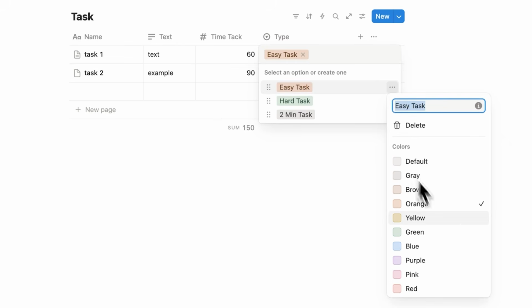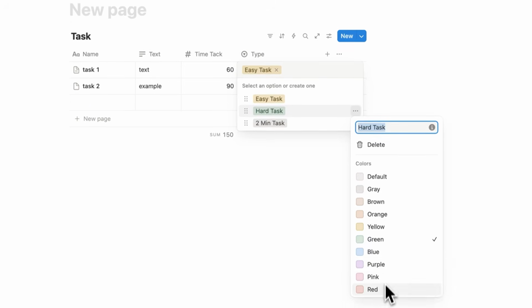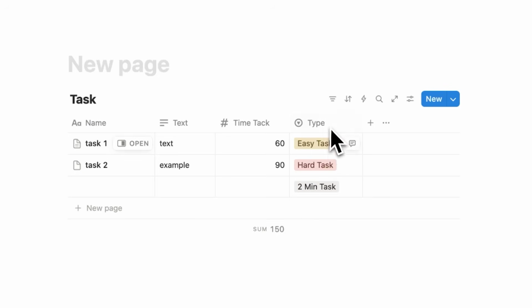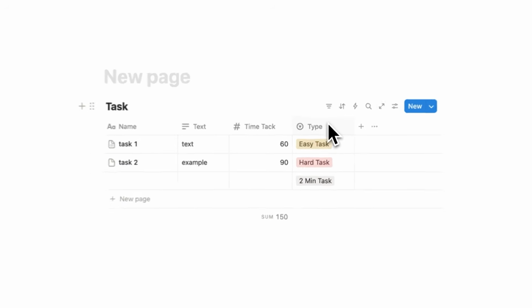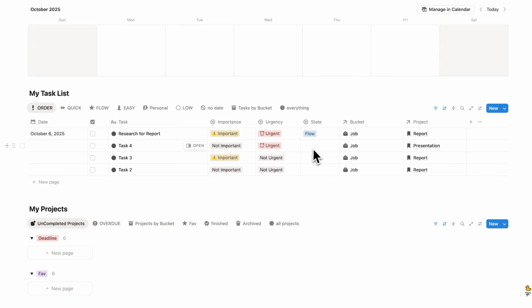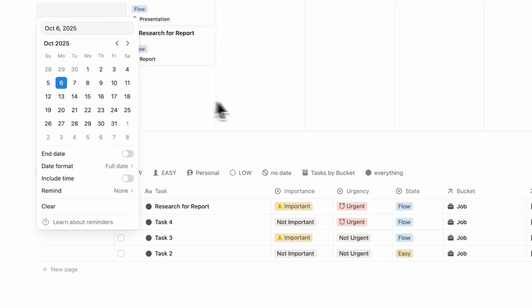So easy task, let's say that is yellow. Let's say hard task is red, for example, and then 2-minute task, let's have that as this light gray here. And having a select property can be really useful for your planning. In my Notion template headquarters, I use this property so we can label how much cognitive demand is involved in the task. This helps me with planning out my week, so I don't have too many flow tasks in a